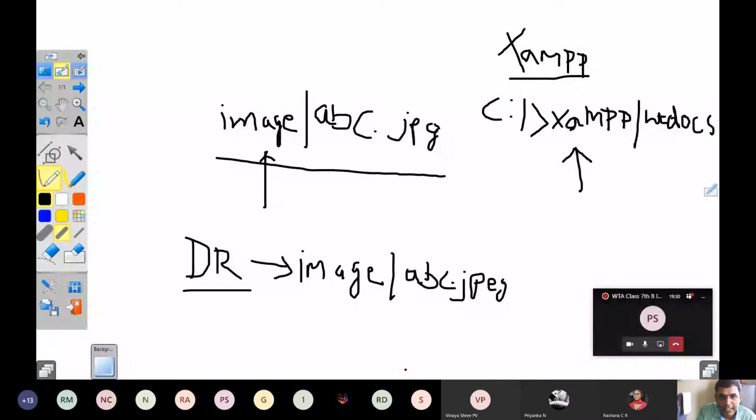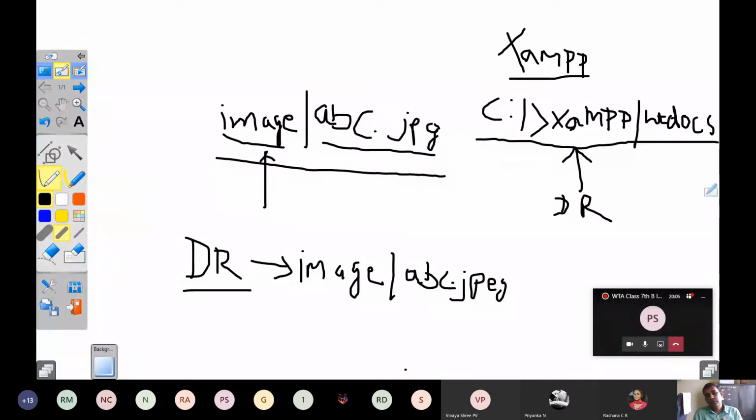So when I say image/abc.jpg, what does it do? It will go to the C drive, XAMPP folder, and in that the htdocs folder. In htdocs, it will go to the image folder, and in the image folder, it will search for the file abc.jpg and retrieve it. Hope you understood what relative referencing is. It is always relative to the given document root.